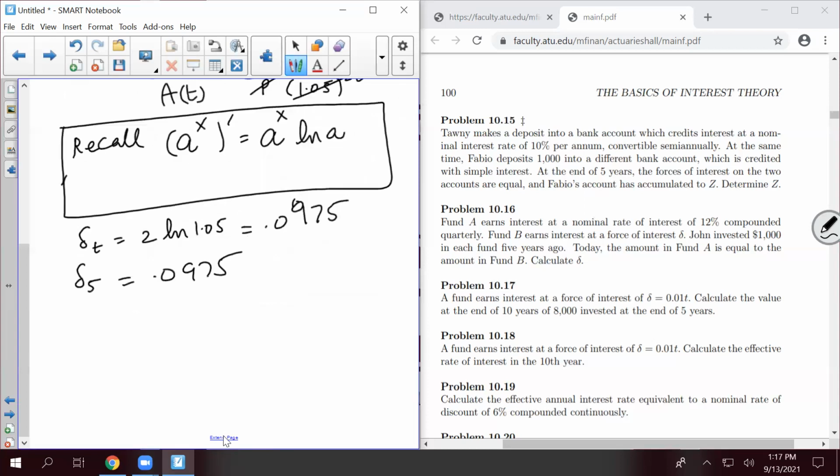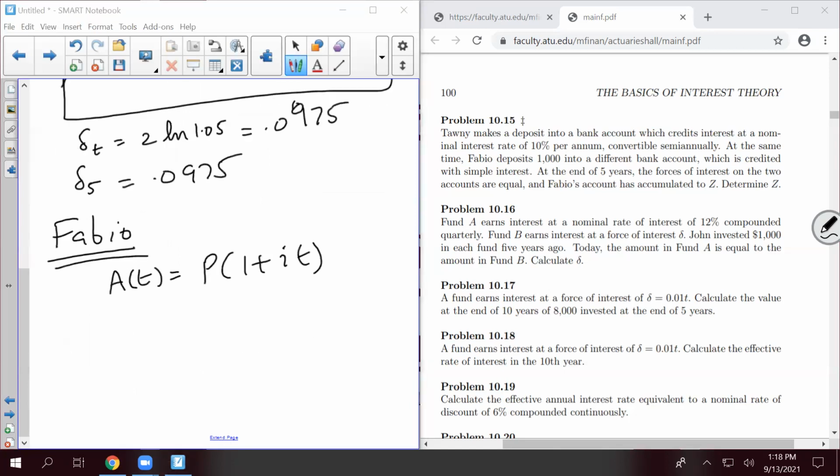So what's the name of the guy? Fabio. So what's happening to Fabio? Fabio deposits 1,000. So what's the amount of Fabio? A of t equals P(1 + it). Remember, Fabio is simple interest. So equals,